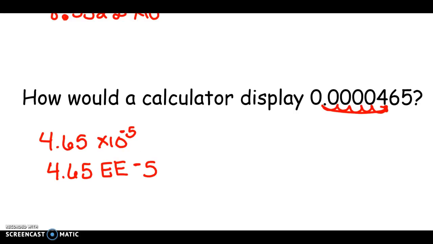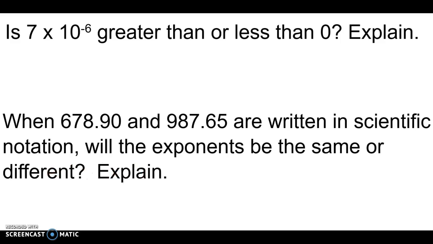Okay, so I hope that helps you write numbers in scientific notation. Remember, positive exponents mean the numbers are getting bigger, and negative exponents mean they are getting smaller. And the exponent is the number of times you move the decimal point, not the number of zeros. Now take a look at these questions. Your teacher's going to ask you